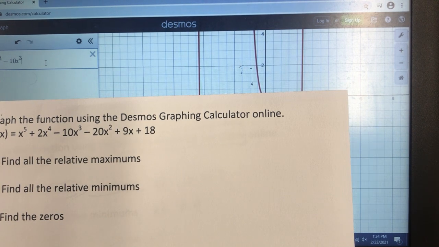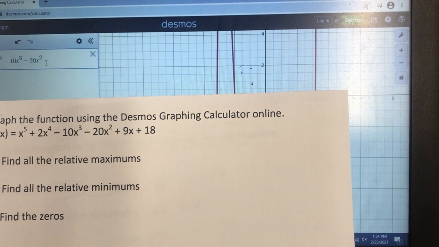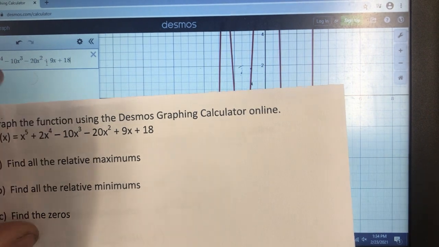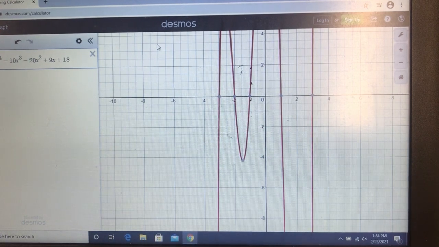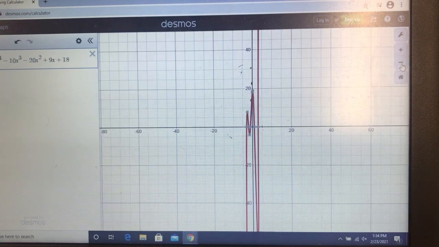And then minus 20x, and then shift 6, 2. And then plus 9x, and then plus 18. All right, and as soon as I do it, man, it's on there. All right, now I'm going to have to zoom out probably so I can see a little better. Oh yeah, this thing